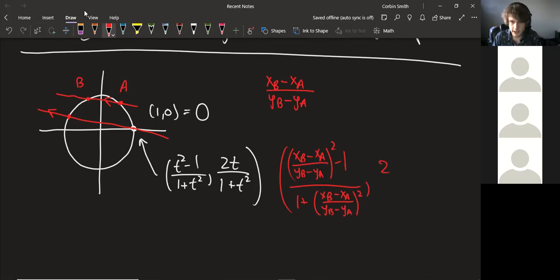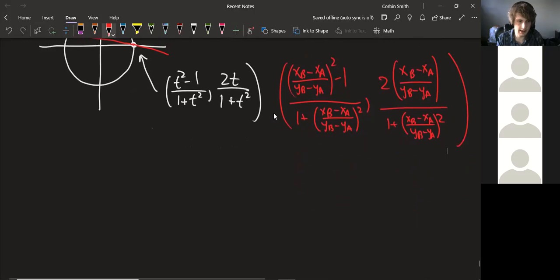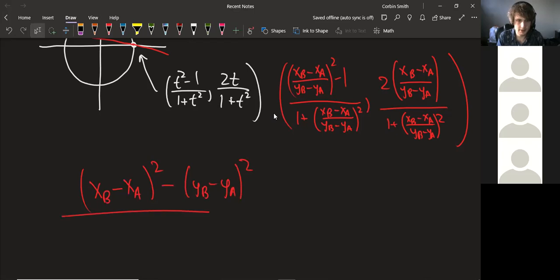And then we're going to have 2 times this, for 1 plus this. It's going to be xb minus xa over yb minus ya squared. And so let's clear denominators of this. So we're going to get xb minus xa squared minus yb minus ya squared, comma,